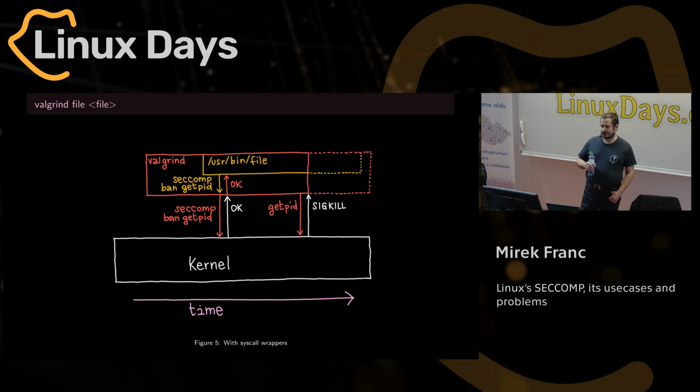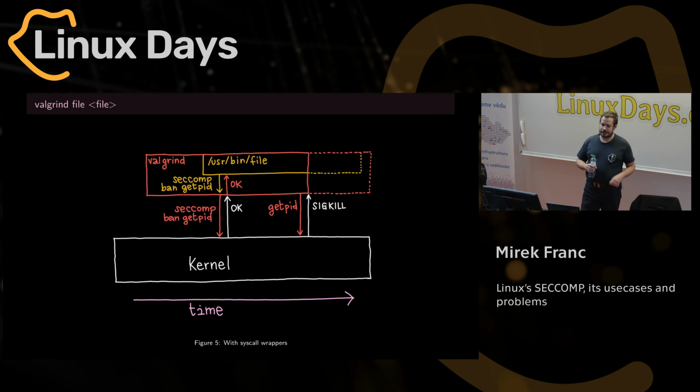And what happens is that you run a file under Valgrind, and the file calls SECCOMP to sandbox itself. Valgrind sanitizes inputs, passes the syscall to the kernel, and the kernel says okay. And now we are sandboxed,